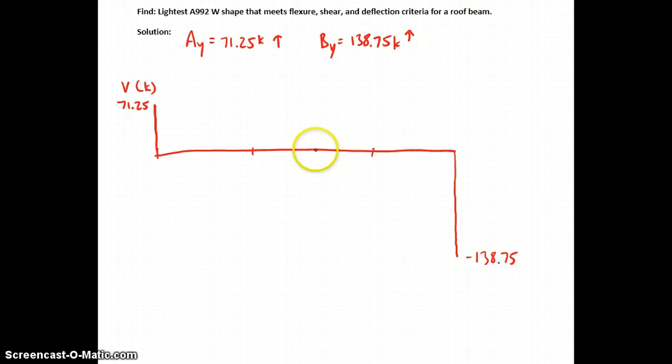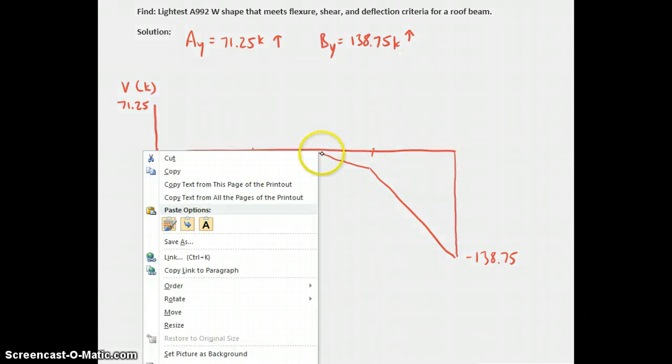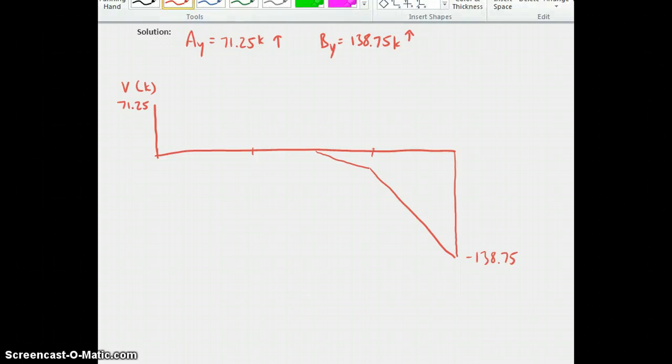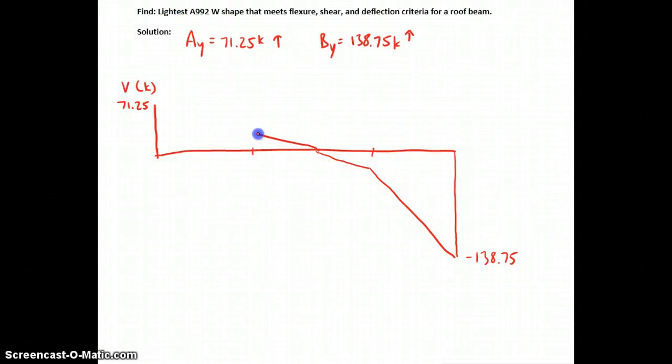And it's about here, and our shear diagram will look something like this. So the slope abruptly increases in segment C, where the value of loading increases. So we're going to next go and do the moment diagram, but before we do, we need to find C sub B. So thinking ahead to doing any kind of unbraced beam design, we're going to need C sub B,